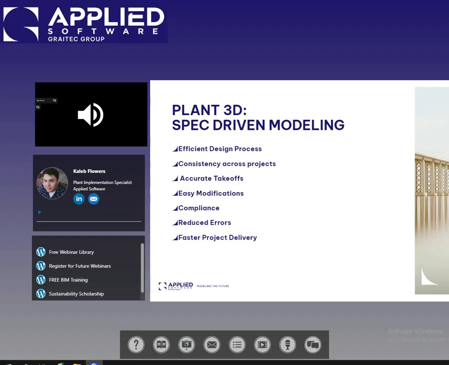First off, efficiency in the design process. Really, this speaks for itself. If you're using the pipe specs, you're going to be doing this in the most efficient manner. You're going to be able to use these pre-configured specifications and create even your own custom specifications, including things like pipe fittings, equipment, things like that. And this really streamlines the design process. So you're not having to reinvent the wheel every time you put a line on the paper. Everything's there. You just pick out what you need, and you can go through and design it